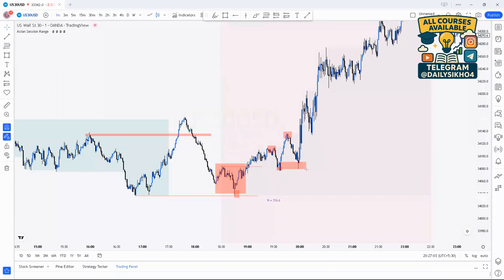So I had this trade, this buy I had, and my TP was